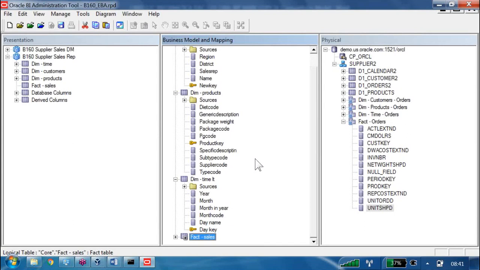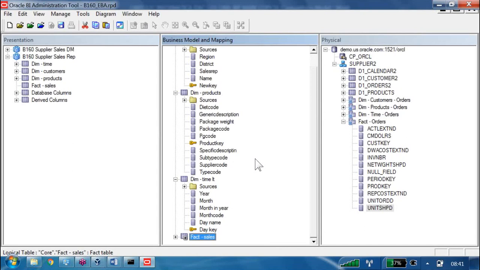Are you getting my point? This fact table is joined with what? Customer, product and time. Customer key plus product key plus time key. These three things combined, can I say the record is unique? Yes. And these three columns I already have in the BMM layer for reporting.